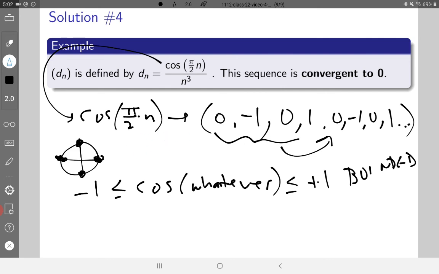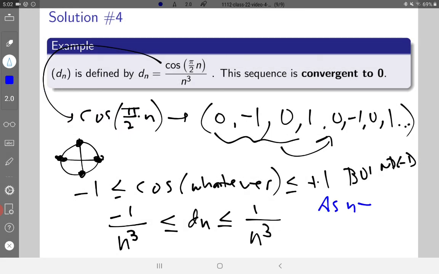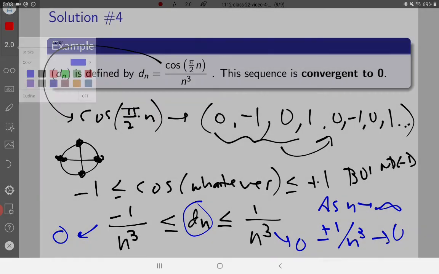So I can say that my sequence dn is stuck between +1, the largest possible value cosine could be, over n cubed, and it's greater than -1, the smallest possible value cosine could be, over n cubed. And then as n goes to infinity, plus or minus 1 all over n cubed is going to shrink to 0. This part's going to go to 0, this part's going to go to 0. So where the heck is that dn, my sequence in the middle, going to go? It's going to be squeezed to 0 in the same sense that the example we were looking at earlier with the sine function was squeezed